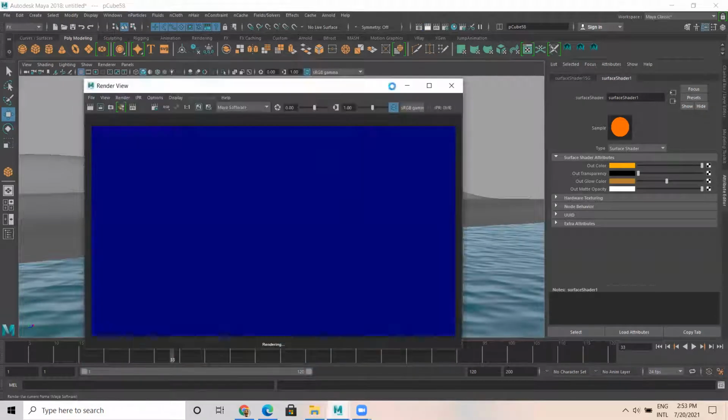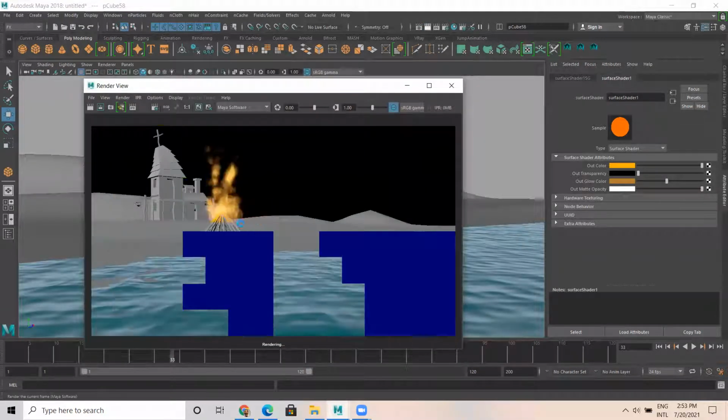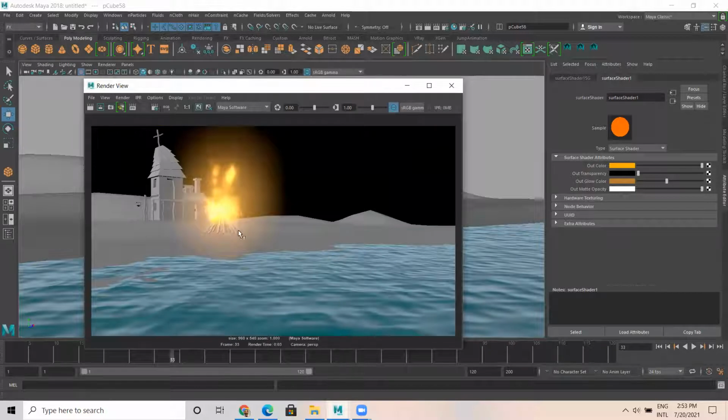So now when I take a render, even the wooden logs also is on fire. You can see. Compared to the previous one, this looks good because earlier wooden log, it was not on fire. Now this is on fire, and even it is having bit of glow. I can increase the glow. Okay. And I can take a render again.